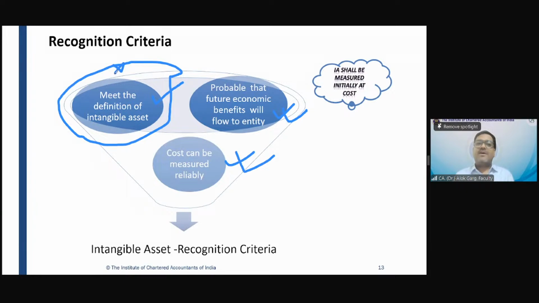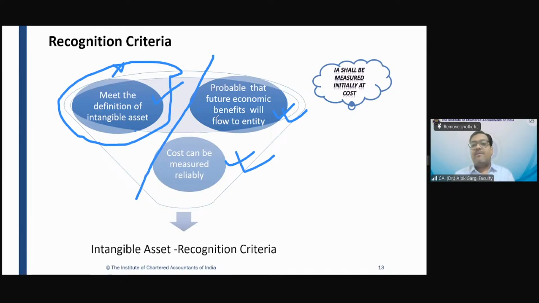If this third criteria would not have been given, then what happened? It can be considered as non-intangible assets. So if this third criteria would not have been given, then for PPE recognition and intangible asset recognition, both have the same recognition criteria. Then people may take an advantage, or people may recognize that asset as a probably tangible asset or intangible asset, right? And that is why